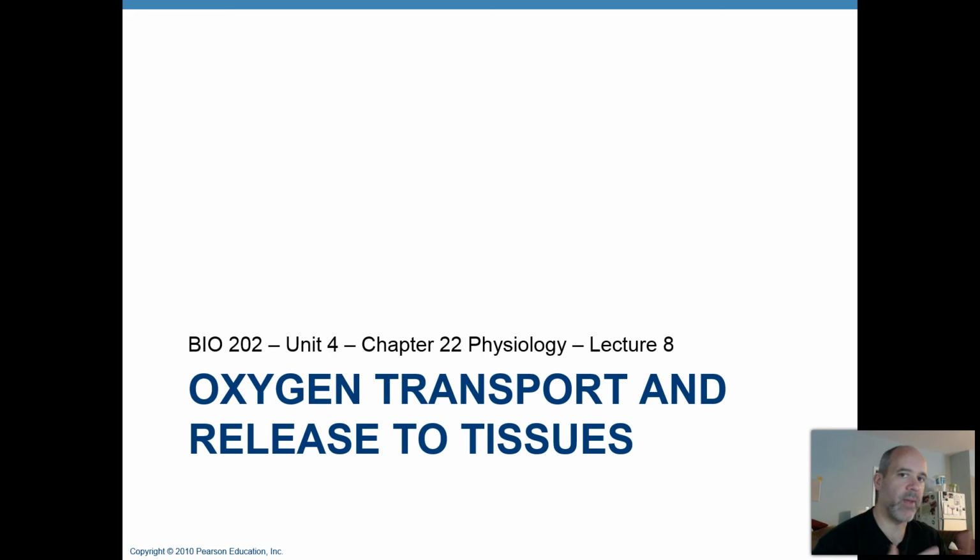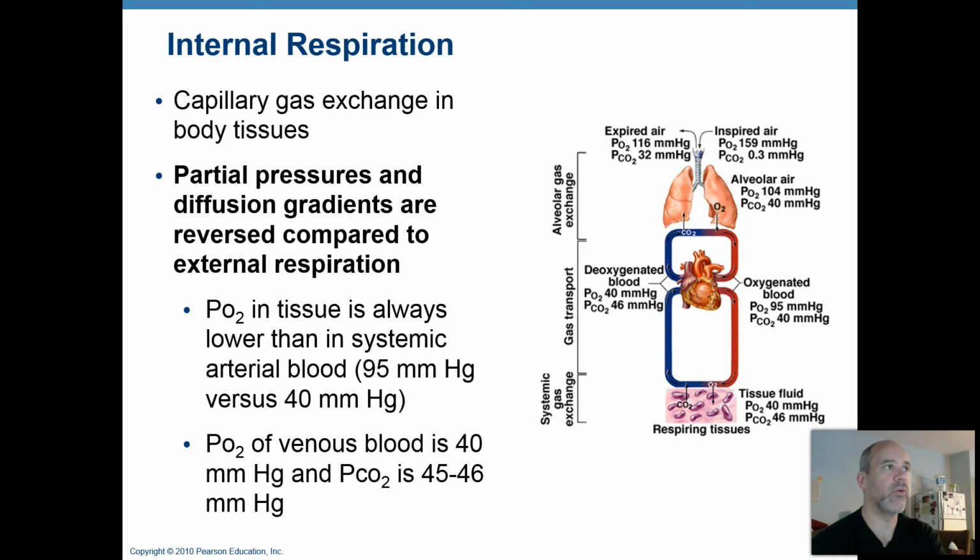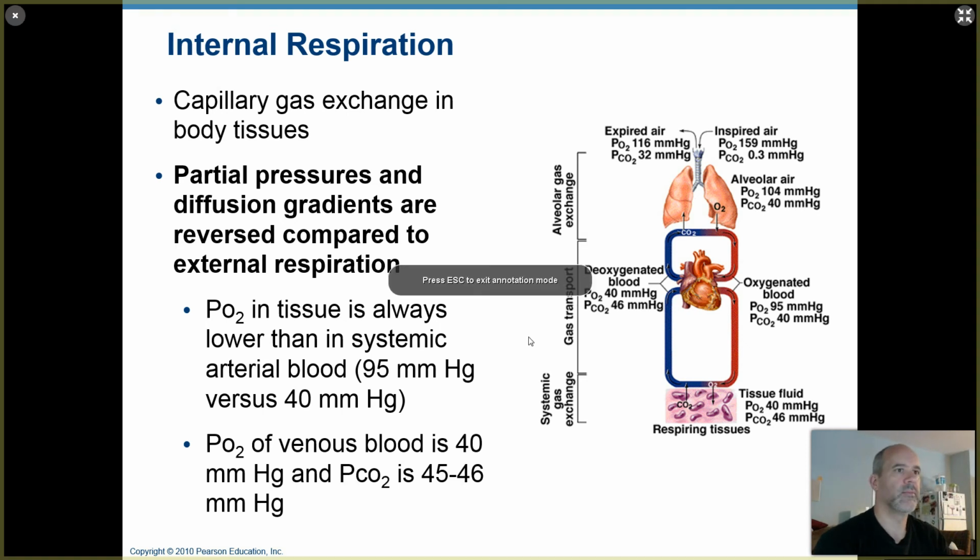Now you learned about that back in Unit 3, Chapter 19. And we need to deliver this oxygen gas into the tissue fluids surrounding your cells, and the blood needs to take up the excess CO2 generated by your cells due to cellular respiration. Okay, so the same thing drives that gas exchange between the blood and your tissues as drives that gas exchange between the blood and the air in your alveoli. It's going to be the pressure gradient,